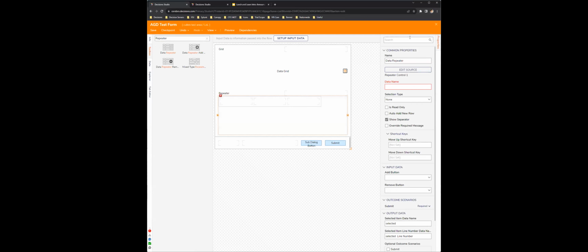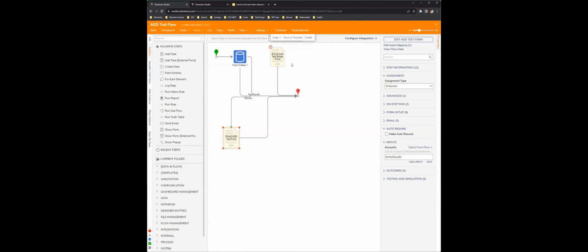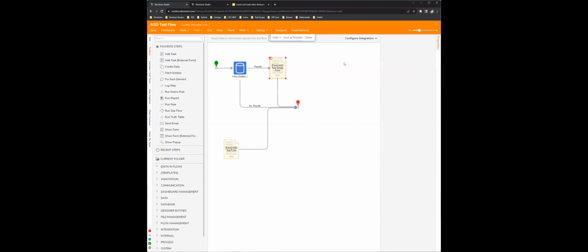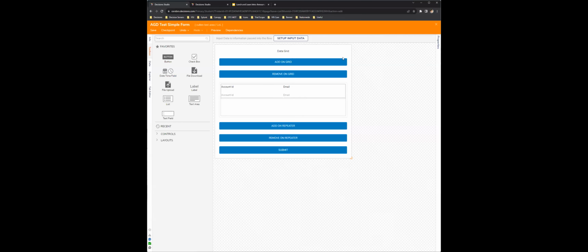In terms of use case, both of these can do almost the same thing. I have it here in the example, being able to add an item to the grid, being able to add an item to the repeater. So technically both can add new rows to the components. You're able to enter that information as well if you need to. You also have the same ability to remove a record from those components. But in terms of use case, it's just the UI.